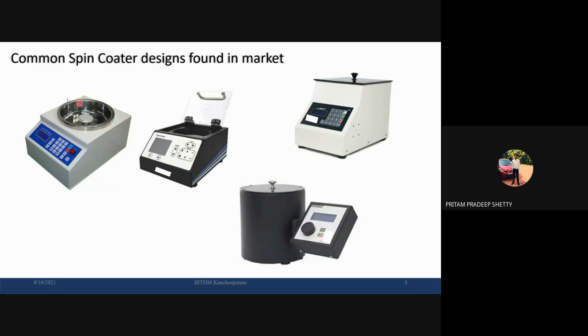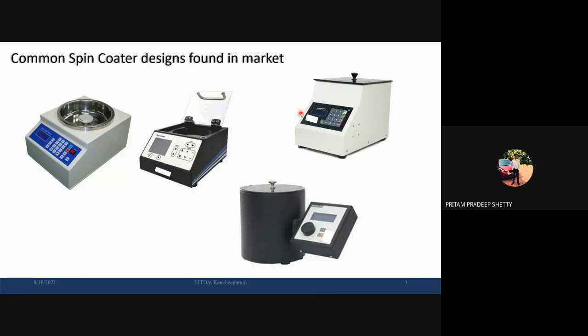Yes, you may argue that this is a scientific instrument and why we need some design perspective for it. But the thing is, as a customer, when you buy something, you won't just look at the functionality, you will look at the beauty as well. It is one of the unique selling points which you also have to consider while designing a product. We can't simply neglect it just because these devices work. So these are functional, no doubt about that.